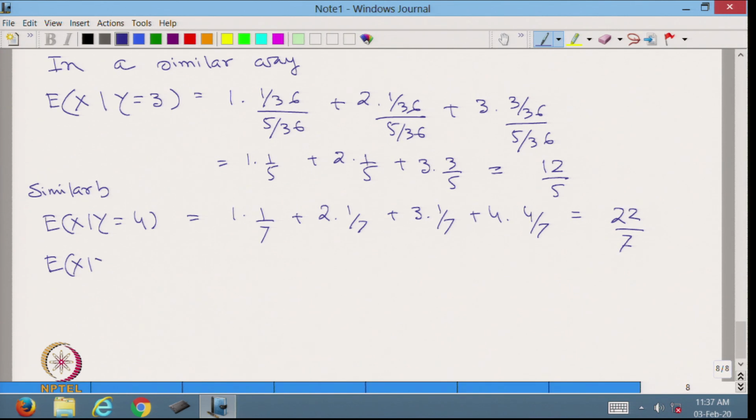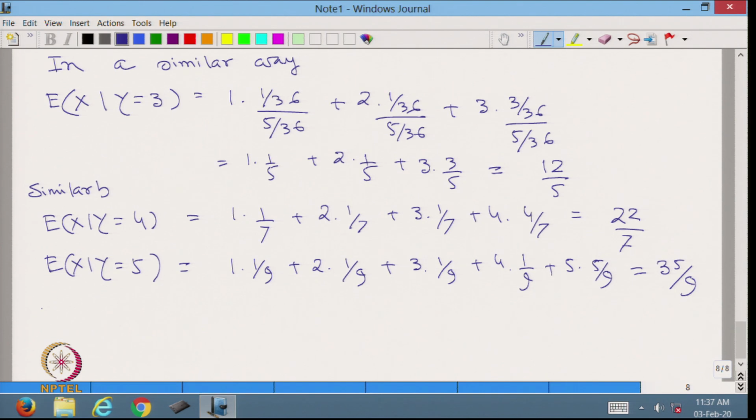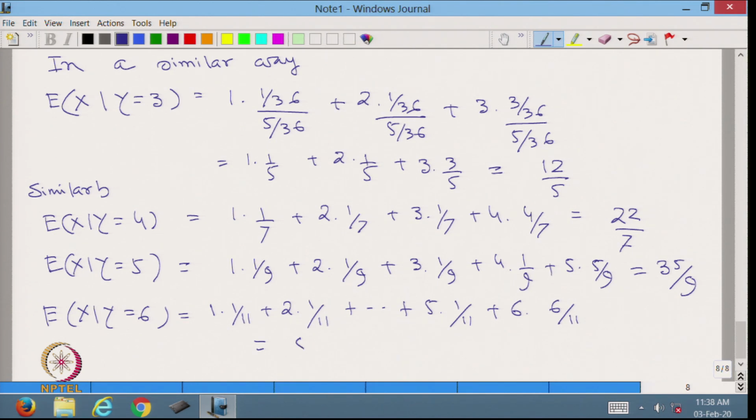Expected value of x given y is equal to 5 is equal to 1 into 1 by 9 plus 2 into 1 by 9 plus 3 into 1 by 9 plus 4 into 1 by 9 plus 5 into 5 by 9, is equal to 35 by 9. And finally, expected value of x given y is equal to 6 is equal to 1 into 1 upon 11 plus 2 into 1 upon 11 plus up to 5 into 1 upon 11 plus 6 into 6 by 11, is equal to 51 by 11. So, we have seen that